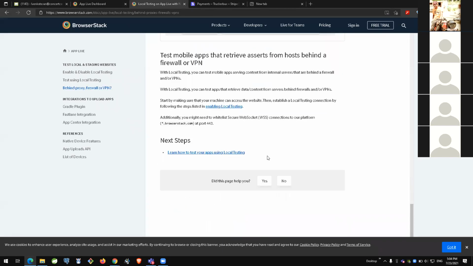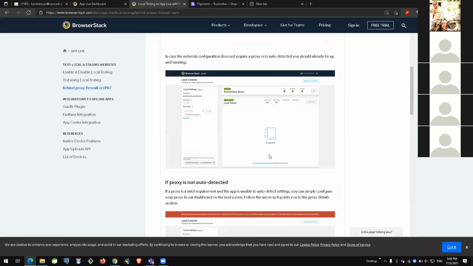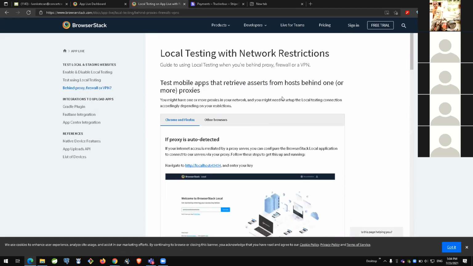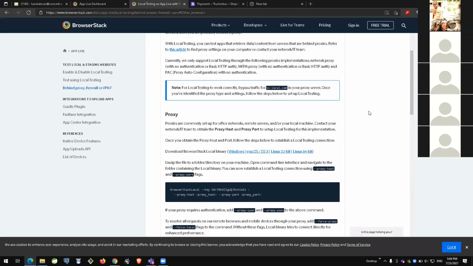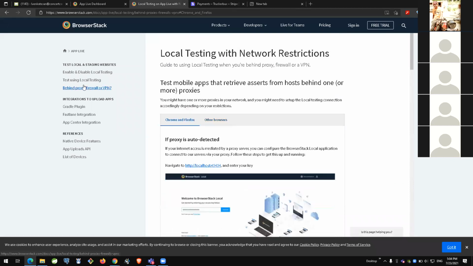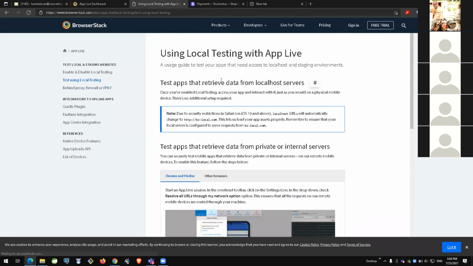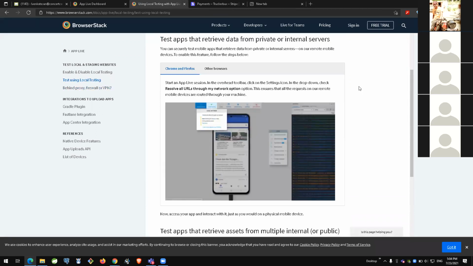It will be clear which features we can use in BrowserStack. How to use these features, you can always find in the documentation.